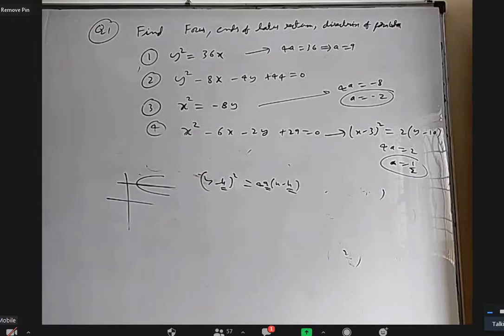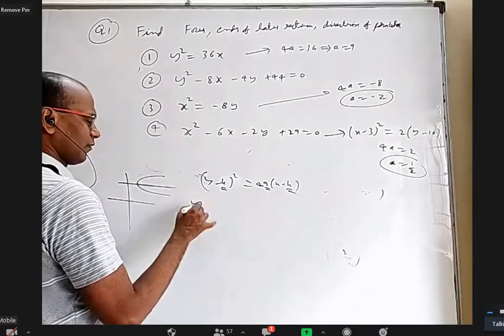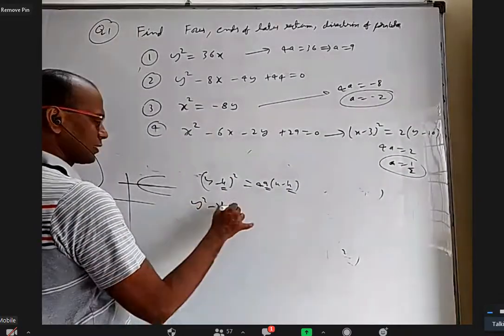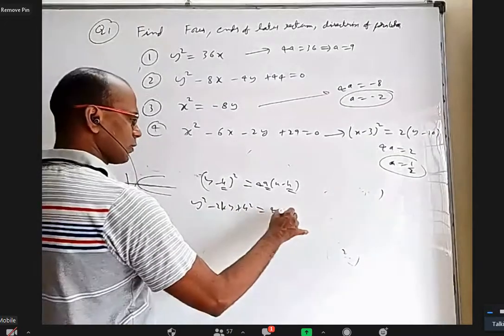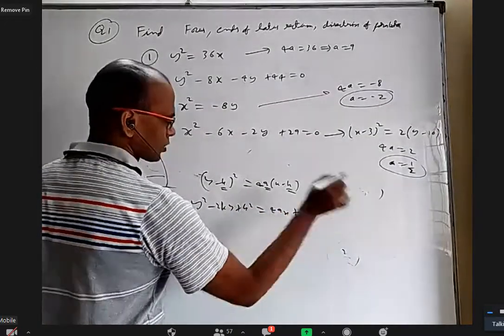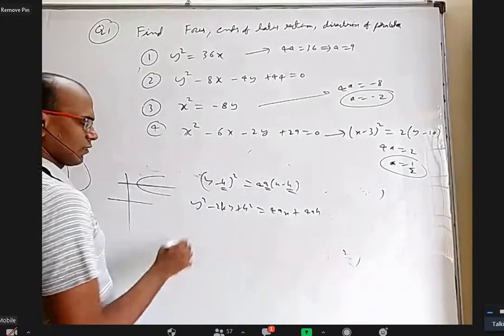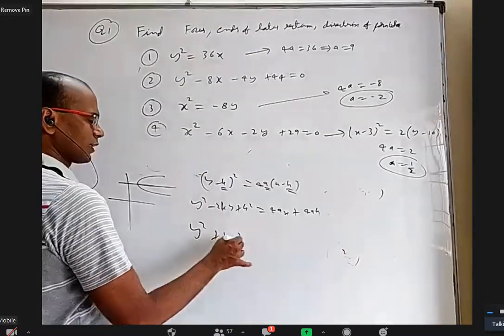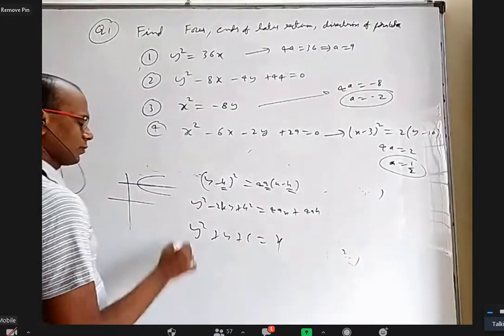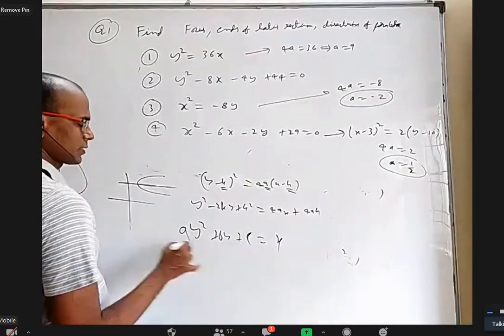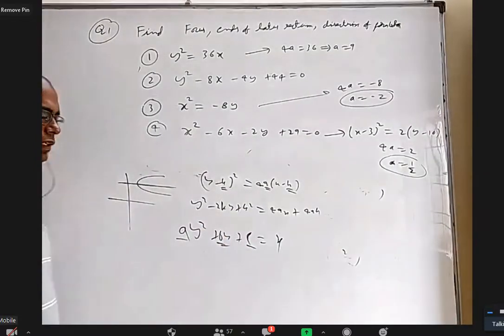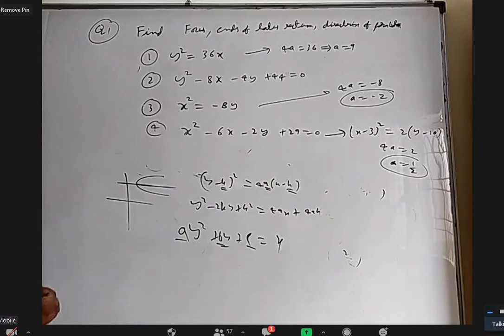Yes, sir. Even if I expand this, I'll have a y square term, some y term, some constant, some x term, some constant again. In total, it is in the form of a y square term, y term, a constant term, and an x term. I can have x equal to ay square plus by plus c. So, there are 3 constants, 3 variables, right?